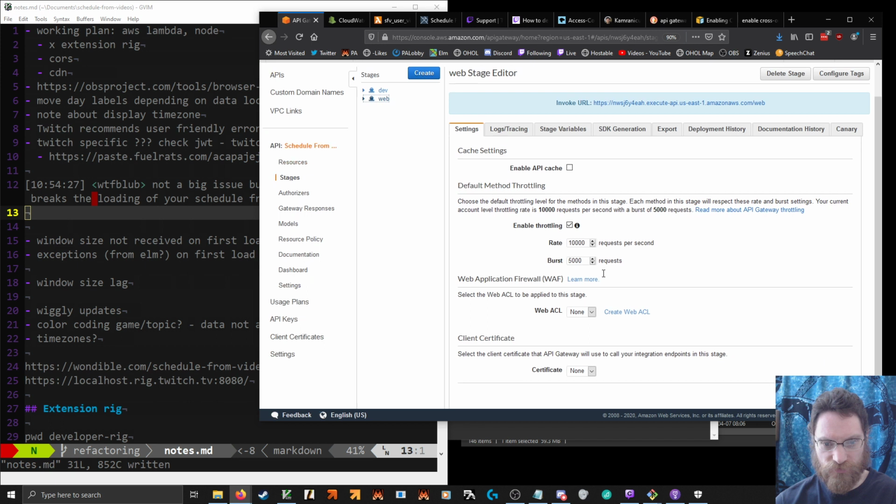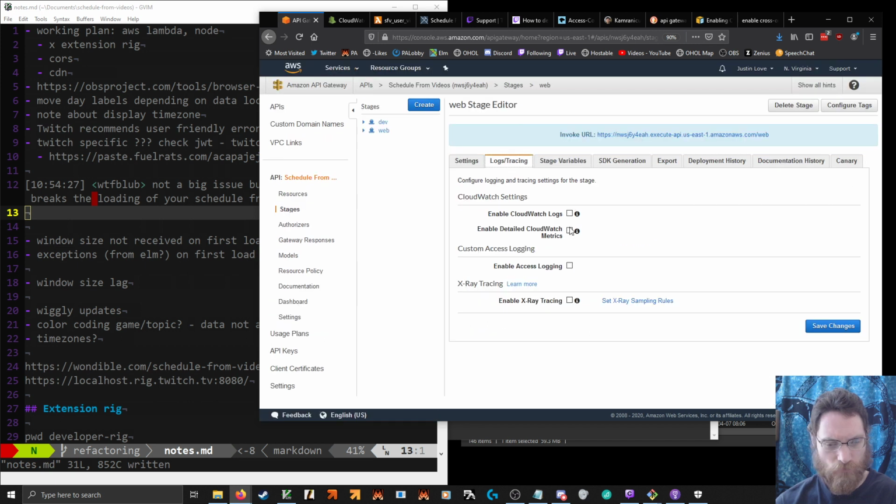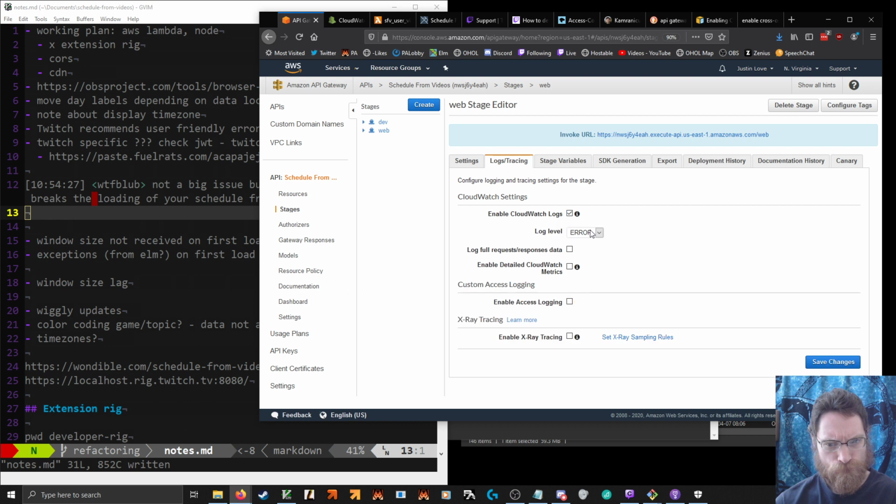So stages. The performance is probably not going to be too much different. So the metrics will probably give me some of the stuff, and then log errors.